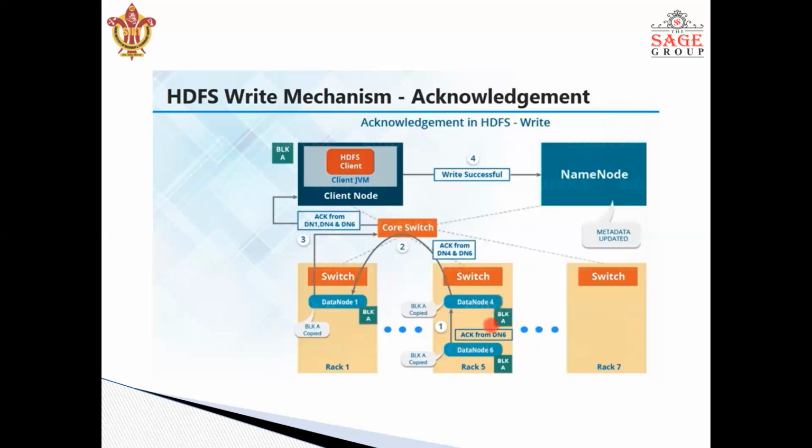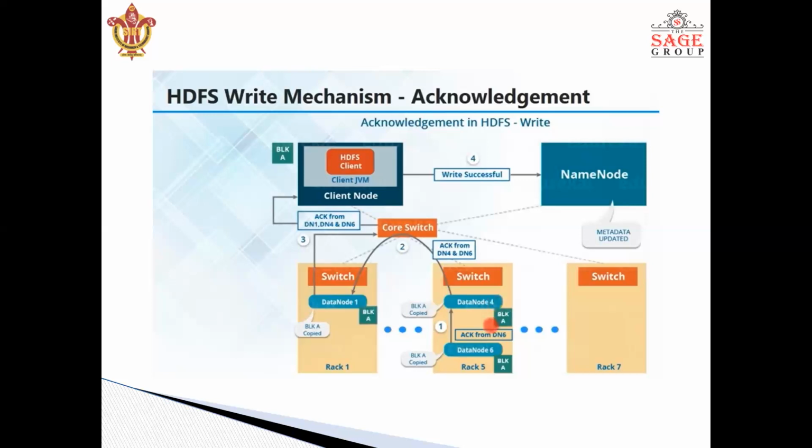Data node number 1 also sends the same acknowledgement message that I have copied block number A onto myself, and so on. So the acknowledgement message will be passed from data node number 6 to 4 to 1, and data node number 1 will finally give an acknowledgement to the client node that all the 3 blocks have been